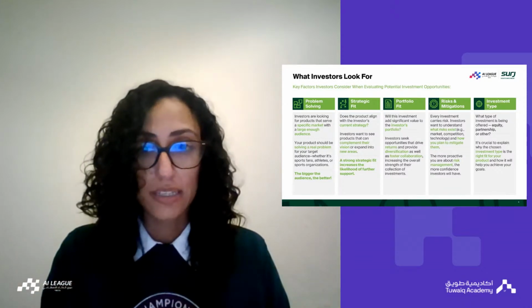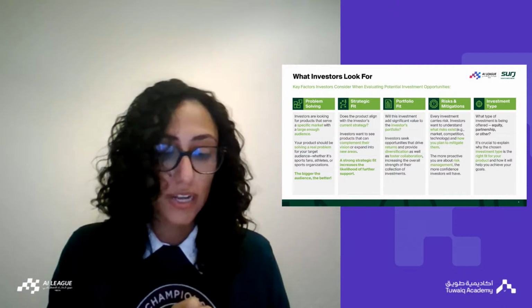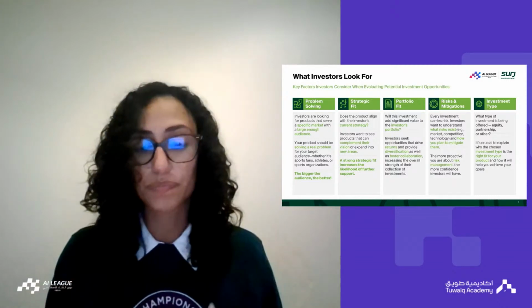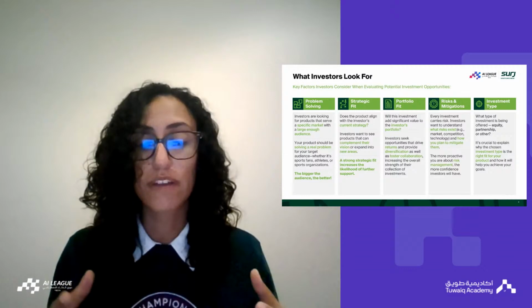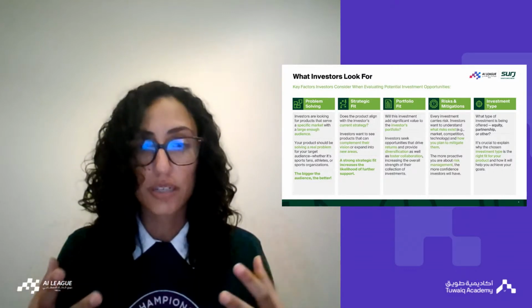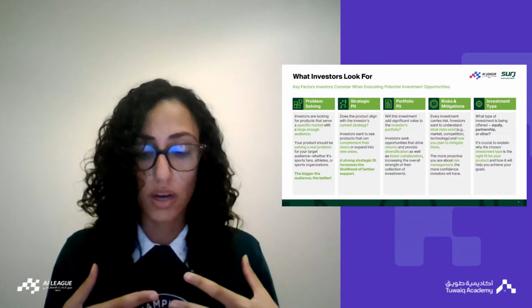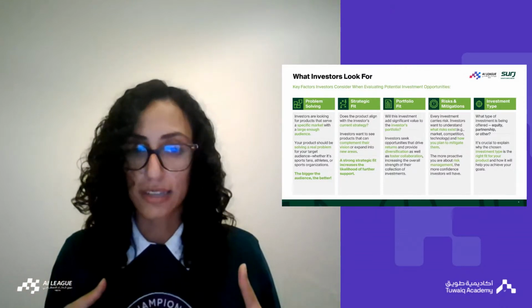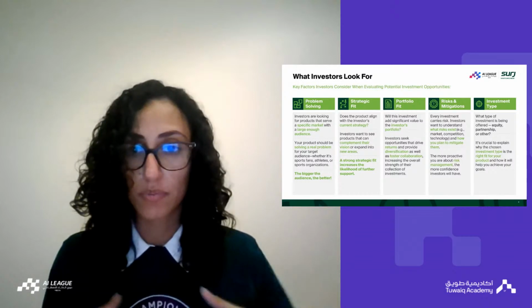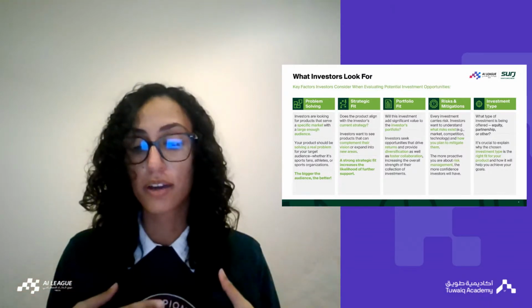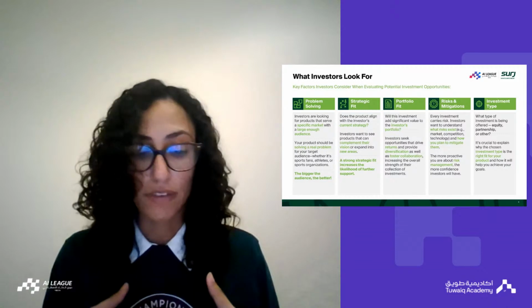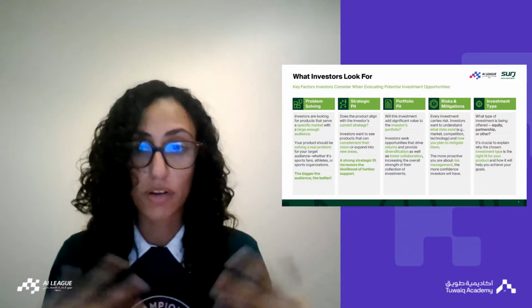The last piece is the investment type. So understanding when you're coming to an investor, now this is not as relevant to the competition, but when you're coming to an investor, how much of your product or your business are you willing to part with? And when I say part with, that doesn't necessarily mean sell off. It can mean partner. It can mean venture and have equal risk and equal stake in whatever you're building.